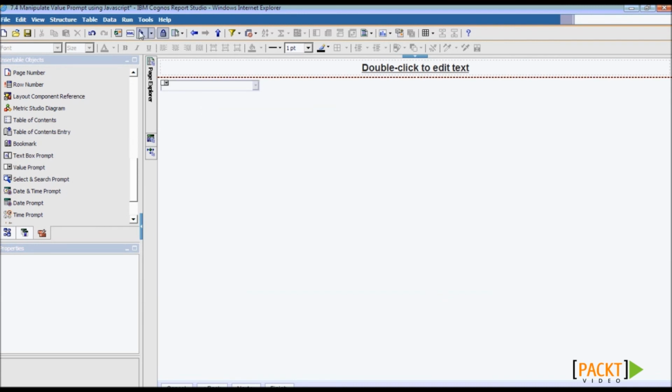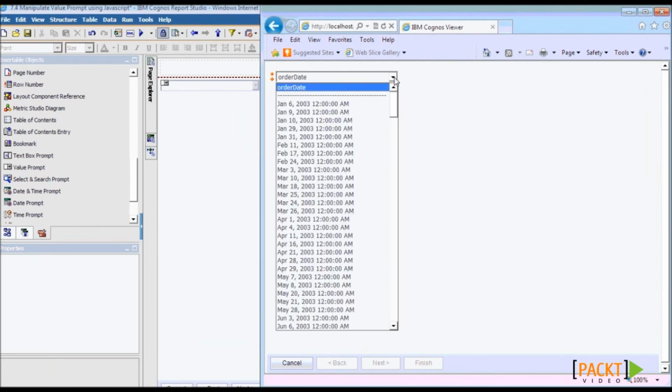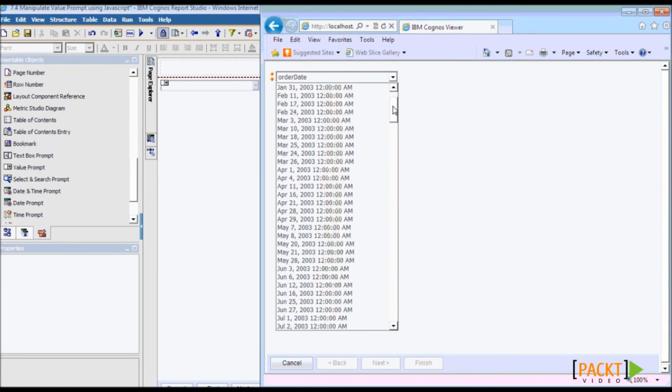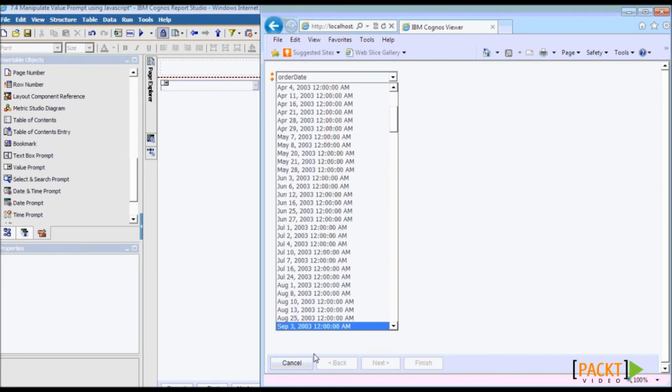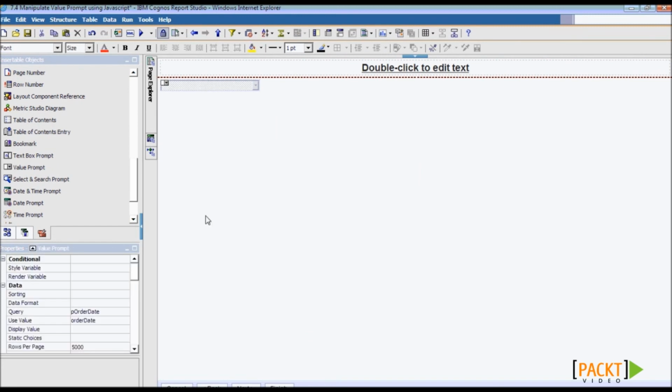At this stage, we can run the report to test that the prompt values are populated fine, and we can see that the order dates are showing in the drop-down in ascending order. So let us go back and select the prompt. From Properties, open Sorting,